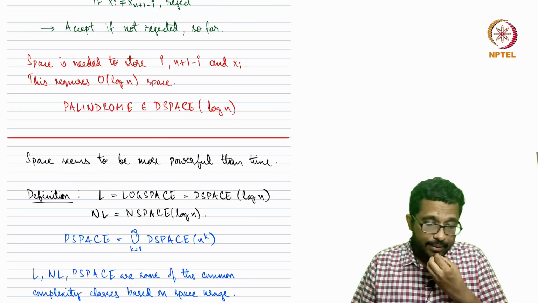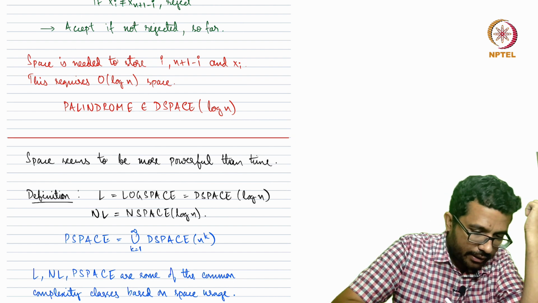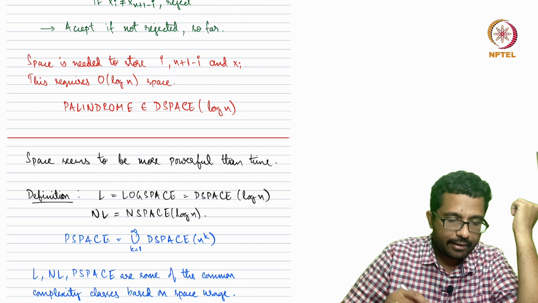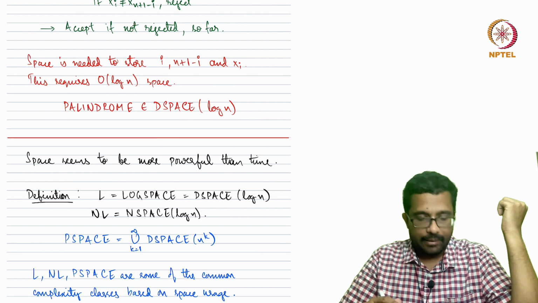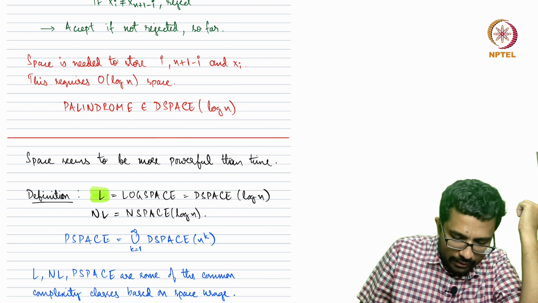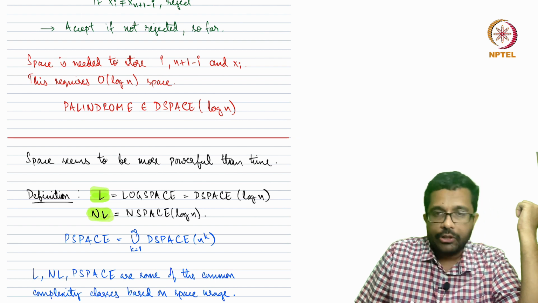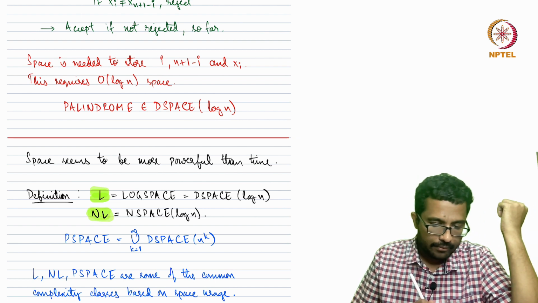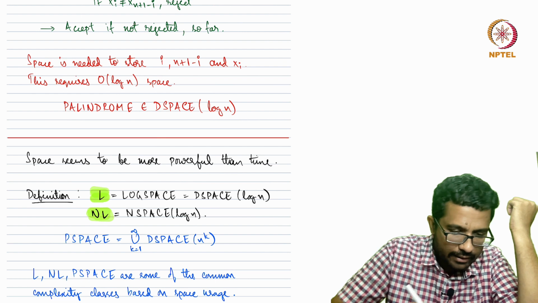Now let me define some complexity classes, like we define P and NP in the case of time complexity. The complexity classes are L, which stands for log space, and NL, which stands for non-deterministic log space. Log space means it is the set of all